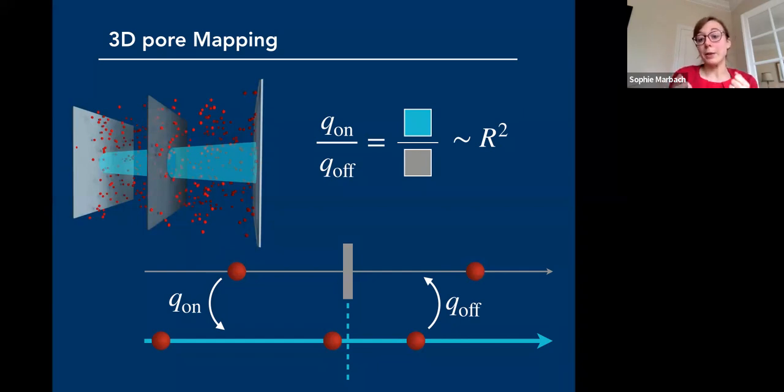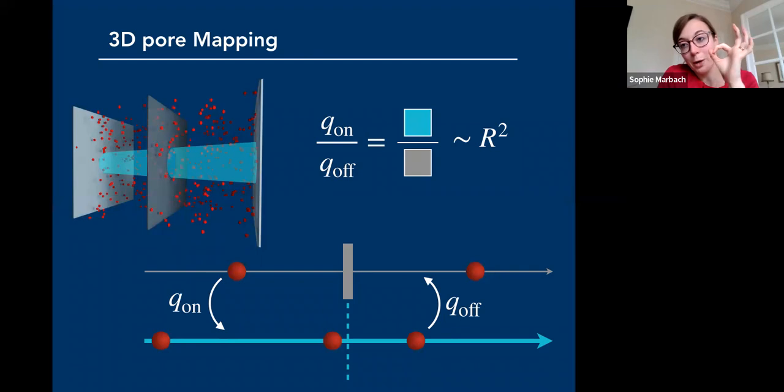And the cool thing about this mapping on lines is that I can use the artillery of analytical solutions and so on to find results and systematically investigate lots and lots of systems. So that was cool. And I'll bring you through what I learned. Okay, so if I remember again that I had different behavior according to the radius of the pore, now actually